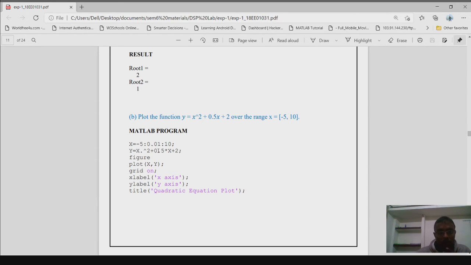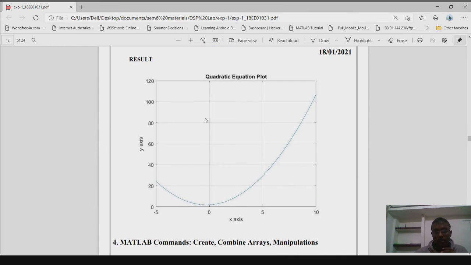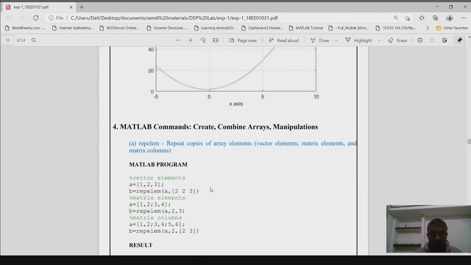Here one important thing is that we should write this dot in front of every x element, so that y will also become a vector. And after that just plot x comma y, and these things I have explained earlier also. And after that this is the result. This one is the plot of the above given quadratic equation.